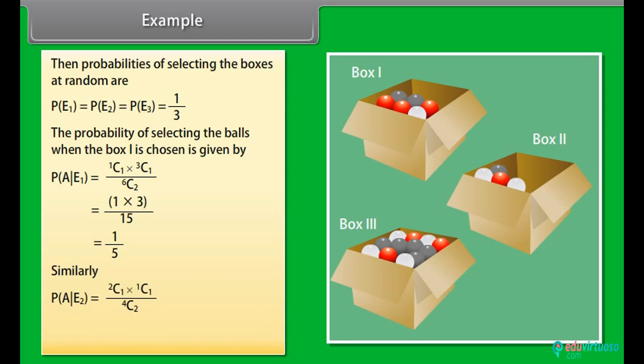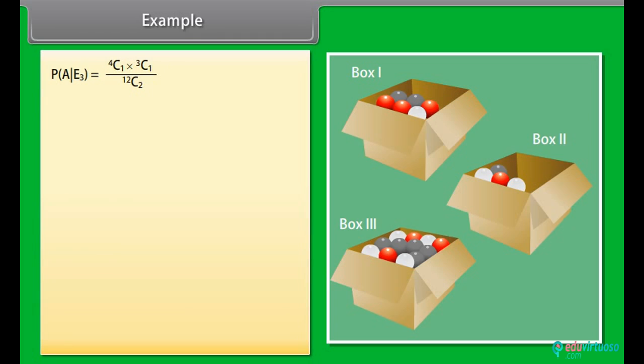Similarly, the probability of selecting the balls when box 2 is chosen is given by 2C1 into 1C1 by 4C2 is equal to 2 into 1 by 6 is equal to 1 by 3. The probability of selecting the balls when box 3 is chosen is given by 4C1 into 3C1 by 12C2 is equal